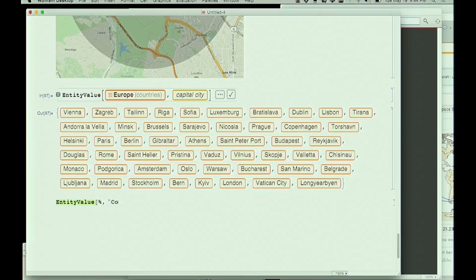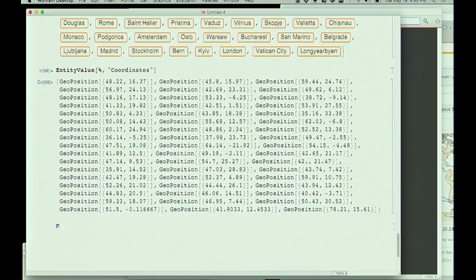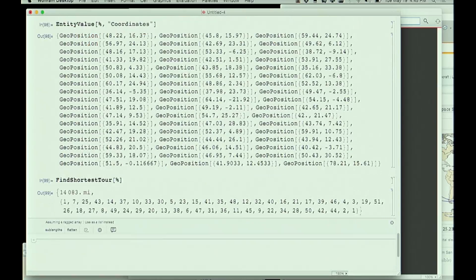Let's just get the coordinates for each of those cities, and now let's say, for example, I might want to do a traveling salesman tour. Let's see what happens if I try this. Okay, because we have a built-in state-of-the-art traveling salesman tour algorithm, we can easily work out the sequence of those things. So let's take that.